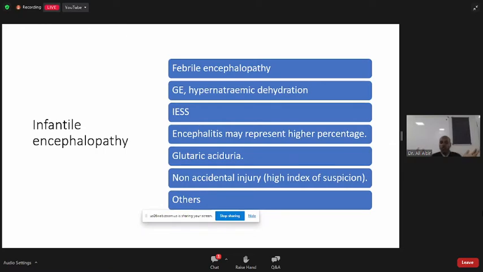All the electrolytes need to be normalized, but sodium is very crucial for us as neurologists. Any hypo or hypernatremia can give you encephalopathy, can give you seizures, can give you a lot of things. And severe dehydration is sometimes associated with venous sinus thrombosis,